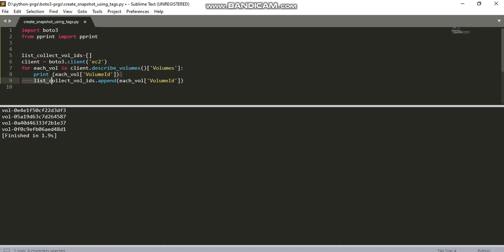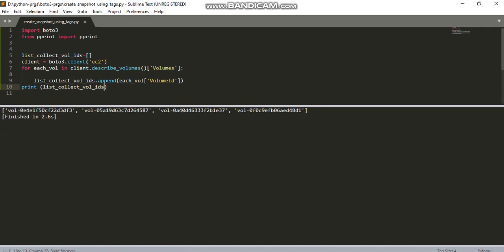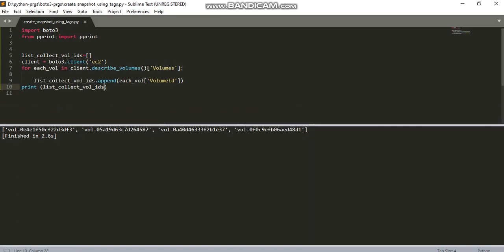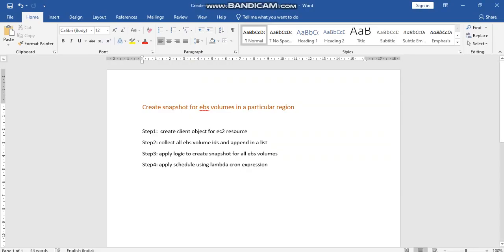Let me delete this statement. I don't want to print the volume IDs. I am collecting volume IDs. Let me print this list here and see this. Let me save and execute it again. So here I collected all the volume IDs using a list. The second statement as well, collecting all EBS volume IDs and appending into the list, right?